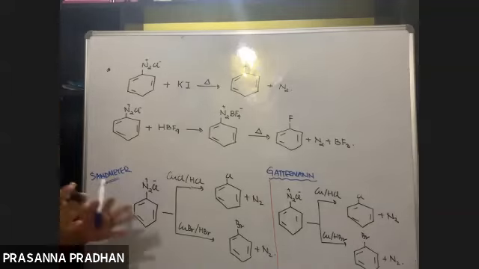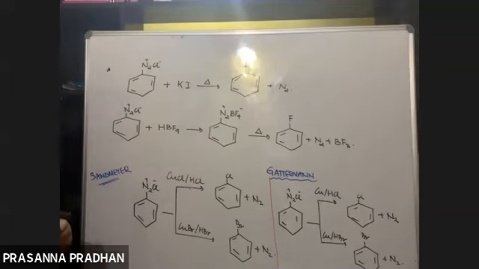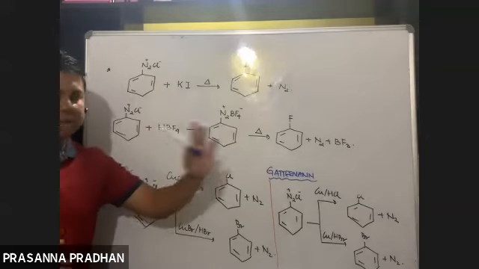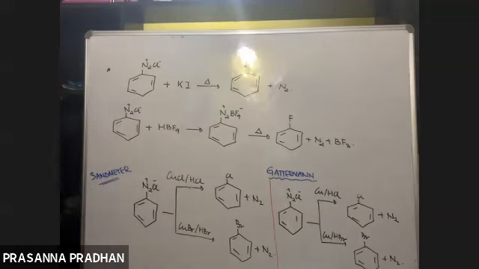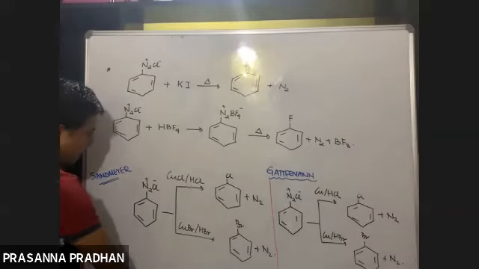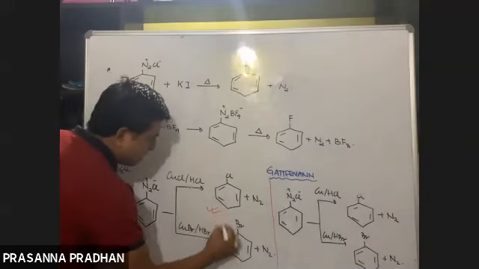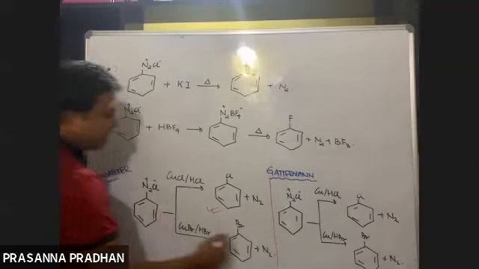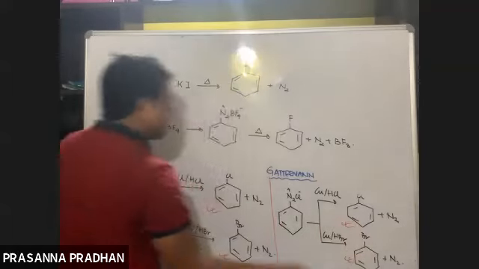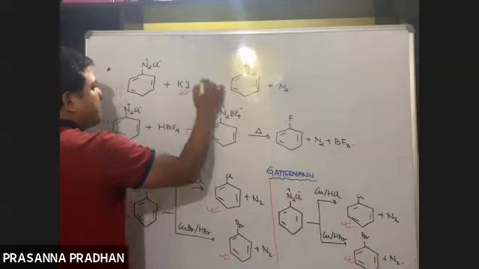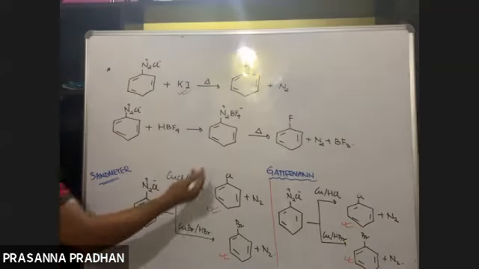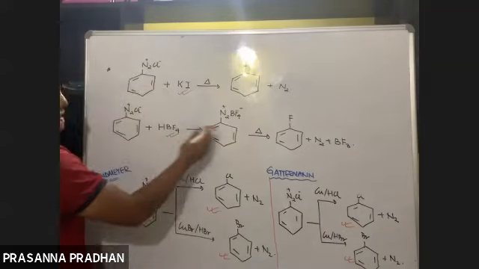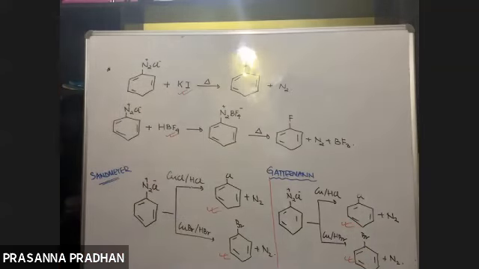So we have completed one segment of our last chapter. We have completed one of the very big reactions of benzene diazonium chloride. This will again get repeated in the last chapter. So starting from benzene diazonium chloride, all the aryl halides can be prepared. Chlorobenzene and bromobenzene via the Sandmeyer reaction or the Gattermann reaction. We can also introduce an iodo group by treating with potassium iodide. We can also introduce a fluoro group by treating with HBF4 and subsequent heating.